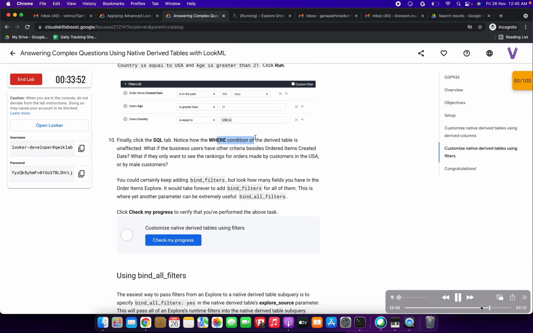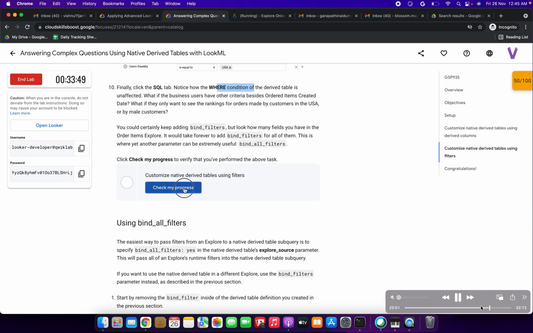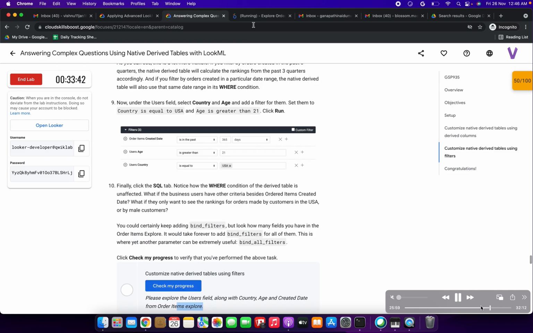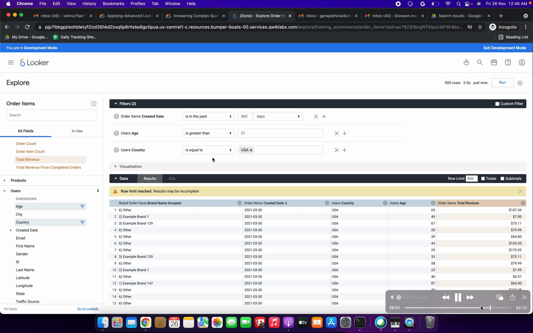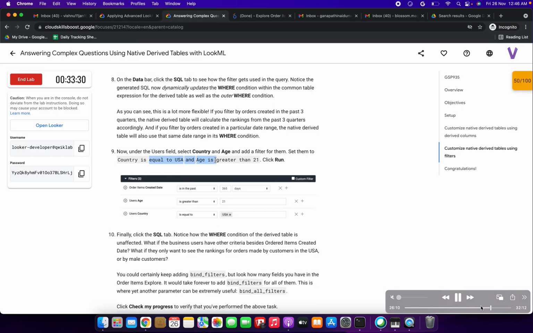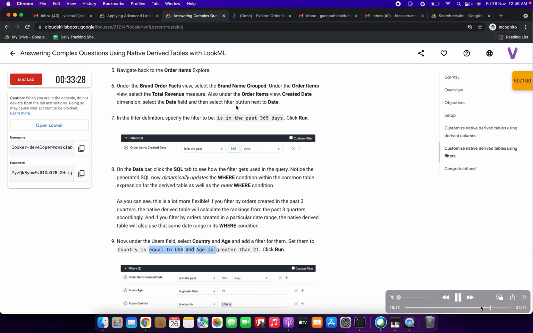Finally click the SQL tab. Notice that, okay, fine. Checking my progress. I think an error may come, I guess. Yeah, it says please explore the users field along with country, age, and created date from the order items explore. So I have missed one point, friends. We need to rectify it. Sorry for making the mistakes here.